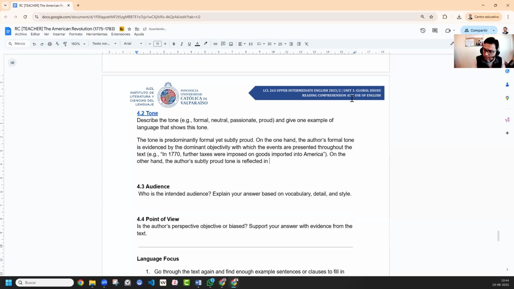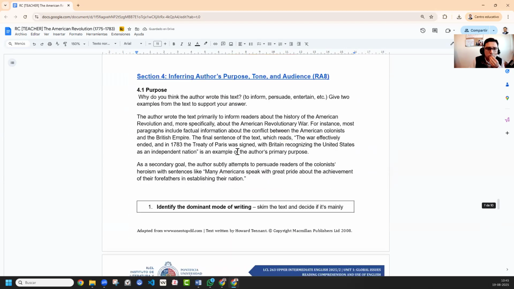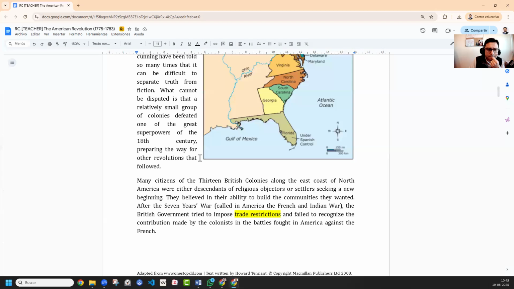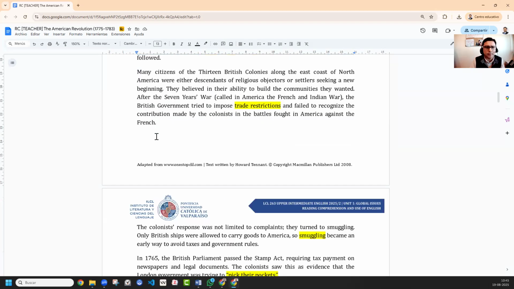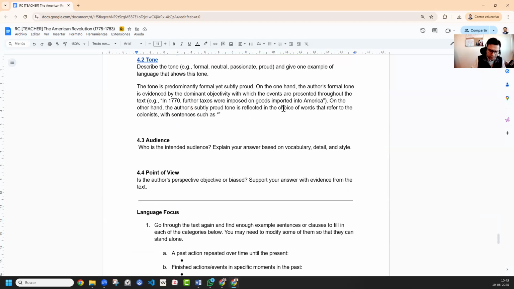On the other hand, the author's sadly proud tone is reflected in the choice of words that refer to the colonists with sentences like, no, not like, I don't like, such as, okay, and one of the first ones, like this one, such as,